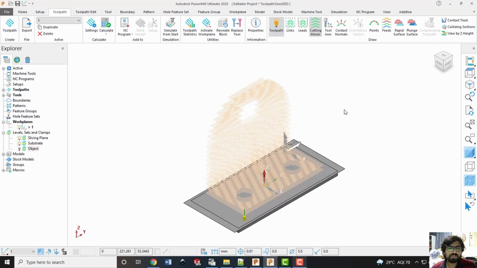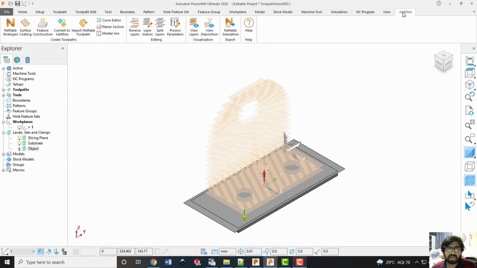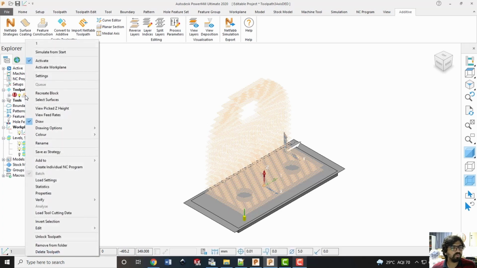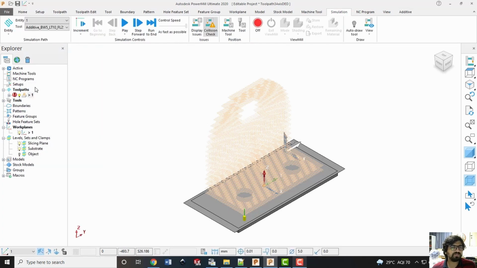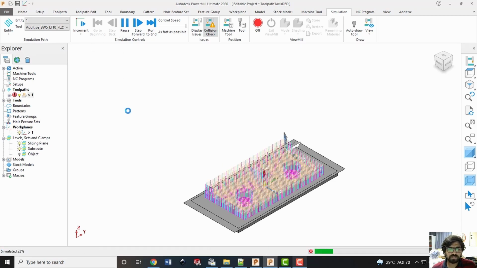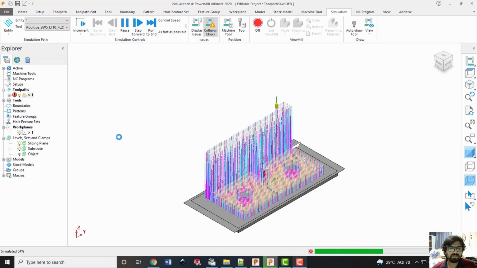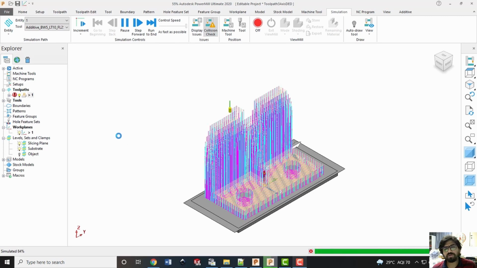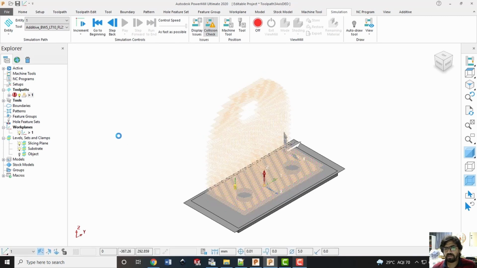You can also do the volumetric simulation of this part while depositing the material here. Again, for that you can go to the additive tab, right click on your toolpath, say start simulation from the beginning and play it. So here you can see the tool is moving and showing you how it is going to deposit the material.